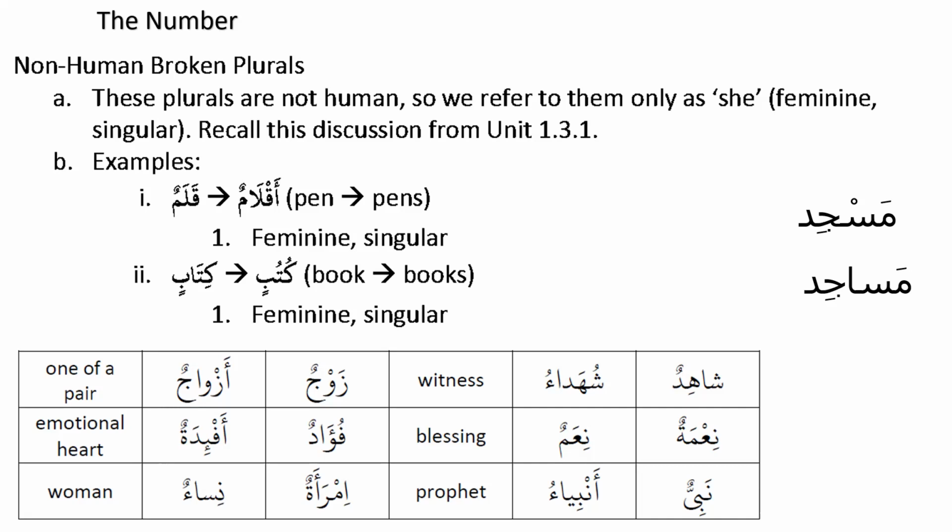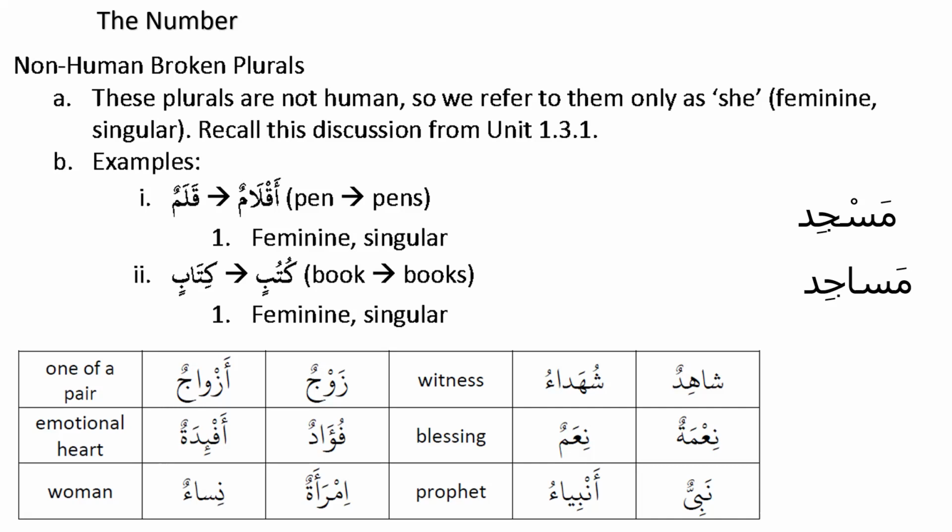And there's a surah called Surah Nisa, right? We have a surah called Surah Nisa. So imra'atun means one woman, one lady, and nisa'un means many ladies. But because it's a human broken plural, it can have two ways to say that. It is feminine, and it could be plural, no problem. Or it could be feminine and it could be singular. Both are fine because this is a broken plural.